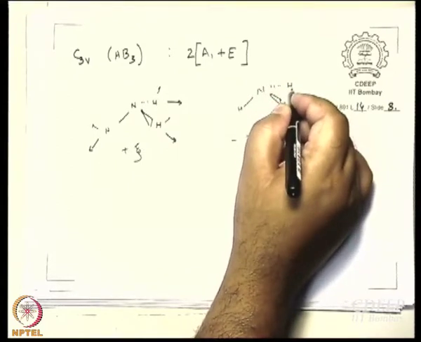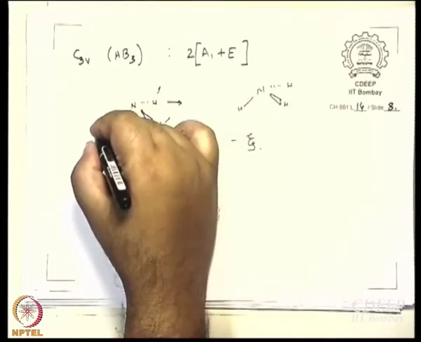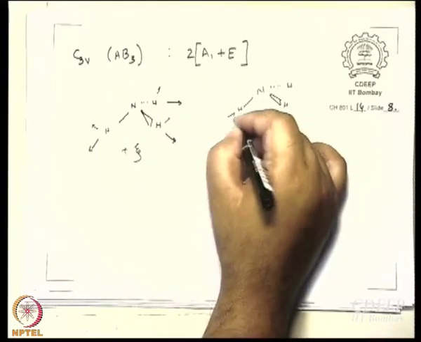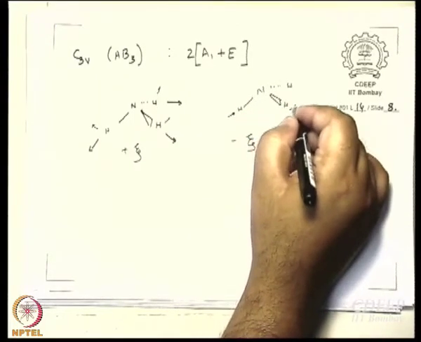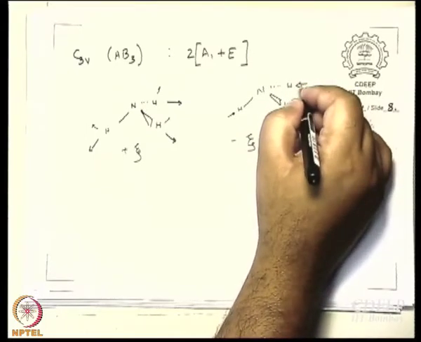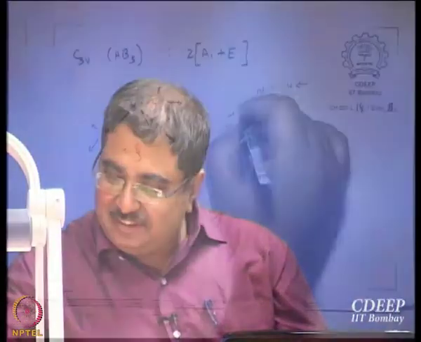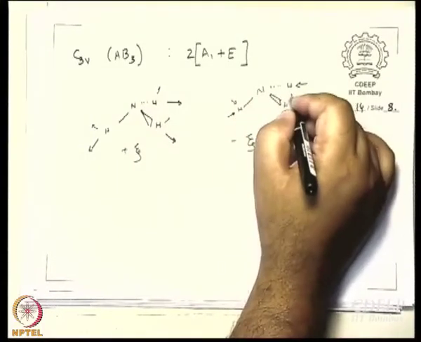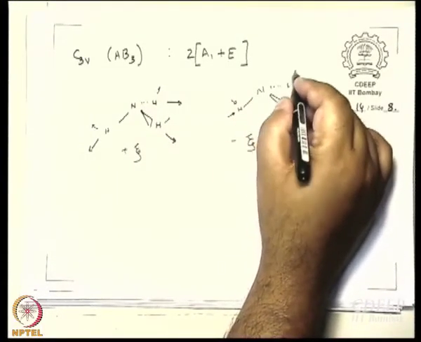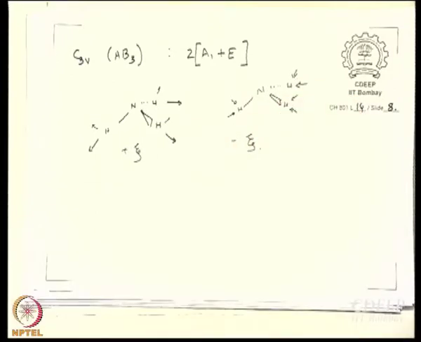The direction of the arrows will reverse. That is what we are arriving at. Okay, this is plus xi, that is minus xi. Is this A1? That is what I am asking. This has to be A1, isn't it? Because the way I have drawn the arrows, there are two sets of arrows, one along the bonds and other perpendicular to the bonds. Okay, let us see.